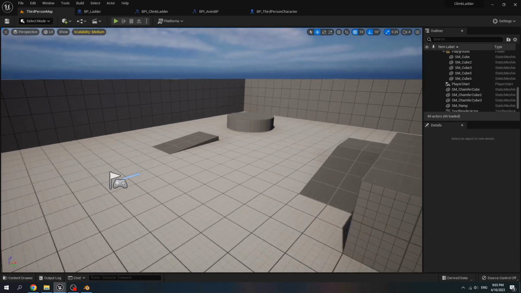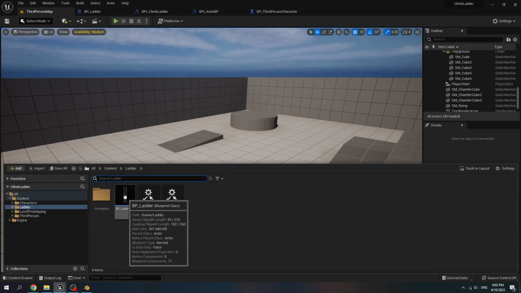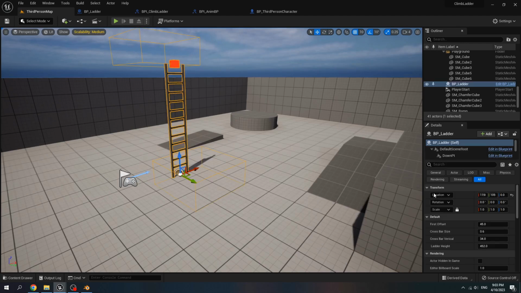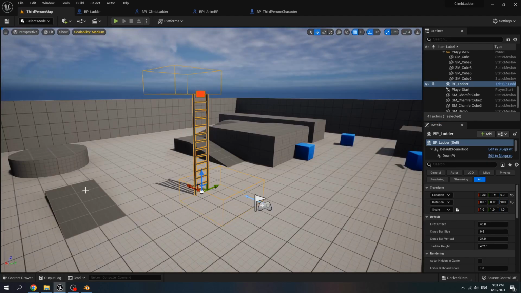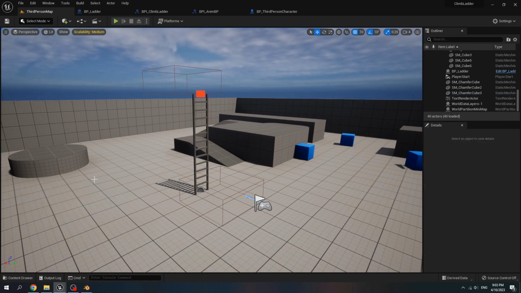Go to our scene, then drag our BP ladder inside the scene, rotate it 90 degrees, move it a little bit, then delete this mesh, add a cube.